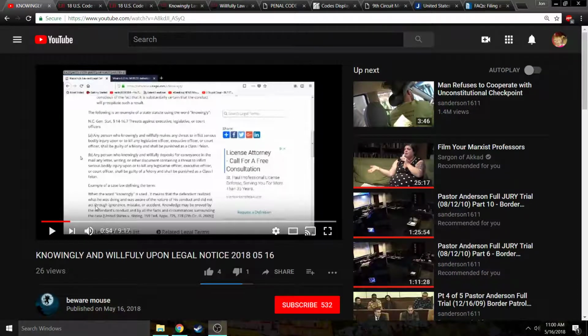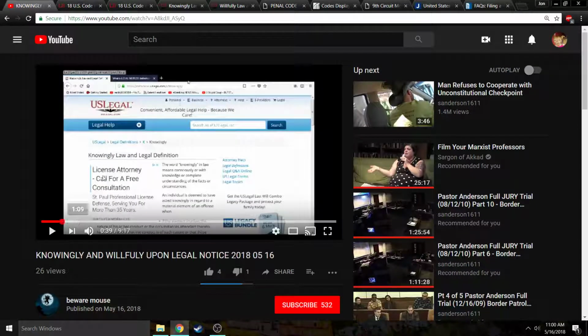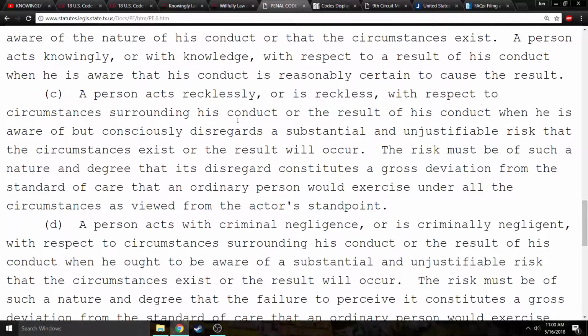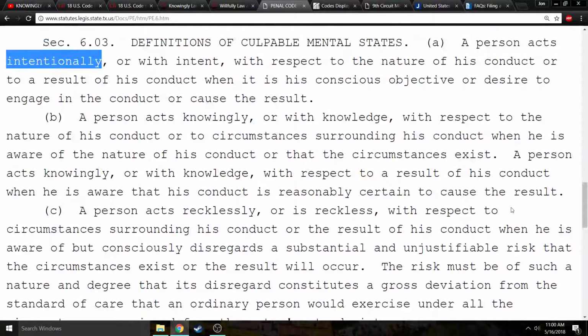Someone sent this to me. Beware Mouse looked up the definition of knowingly on a legal dictionary, which is more or less fine. But you got to remember that these words are used in statutes. So if you're looking at like a Texas statute, you do need to look up the definition for knowingly